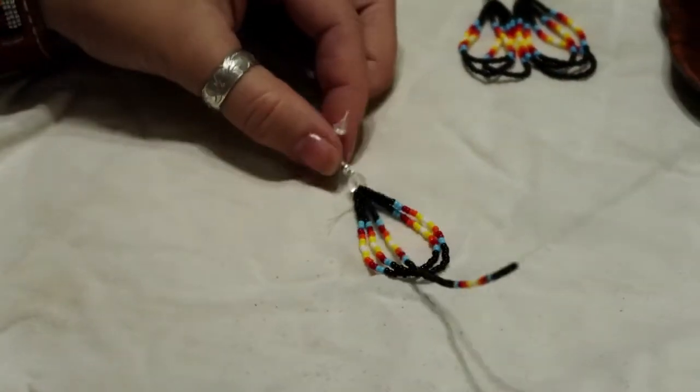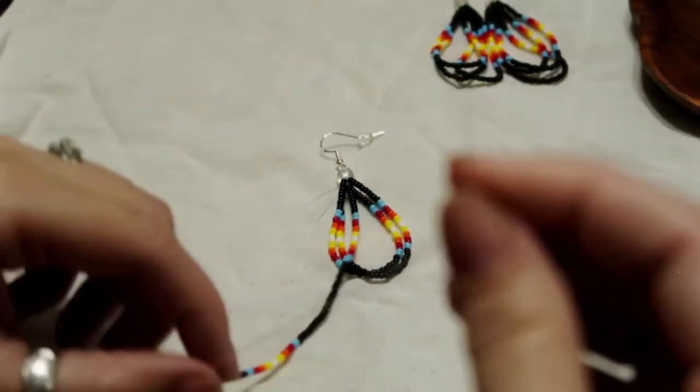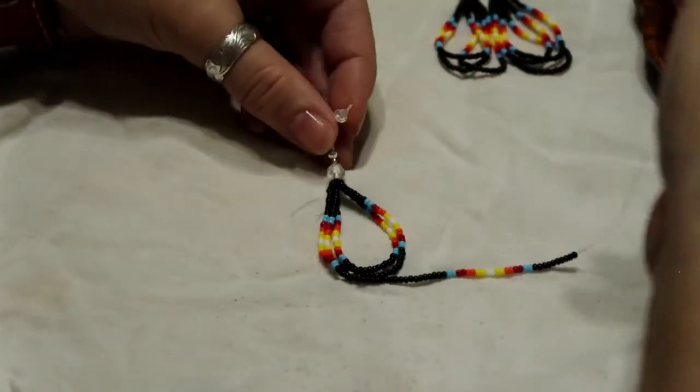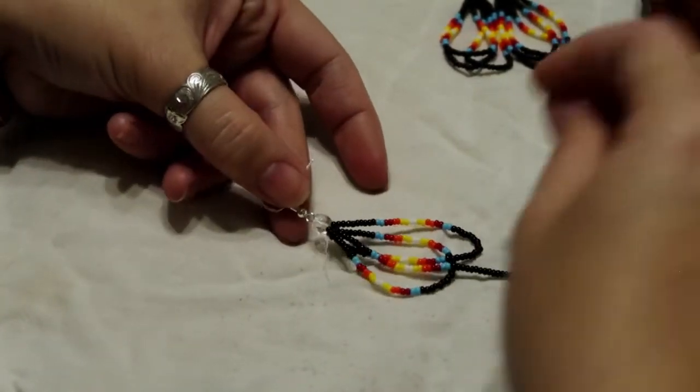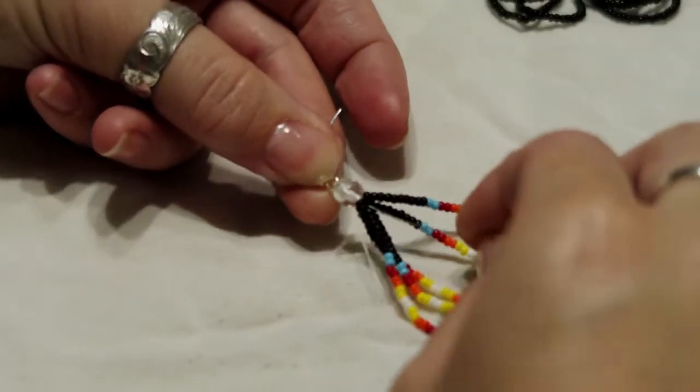At this point, you should have all of your beads looped onto your earring hook, all right? So this is how we're gonna finish. This is my last loop of beads. So we're gonna take it and do what we've done for the other two, is we go in through just the large bead,